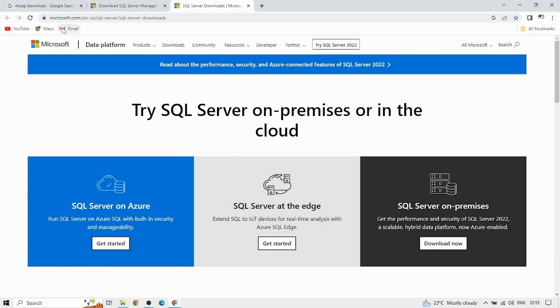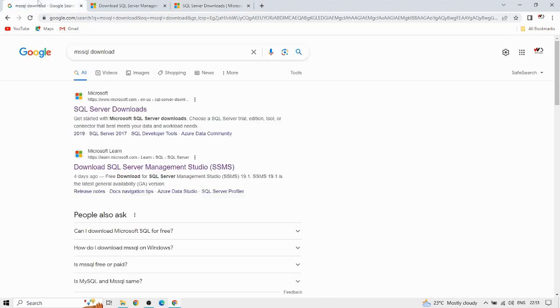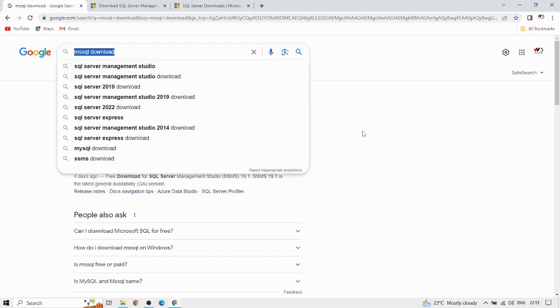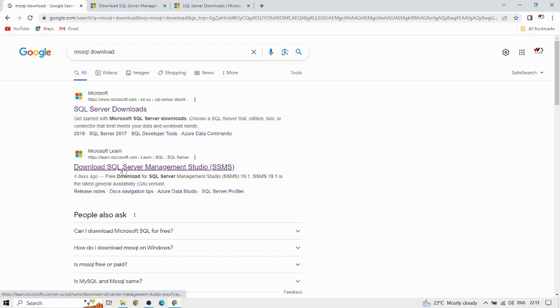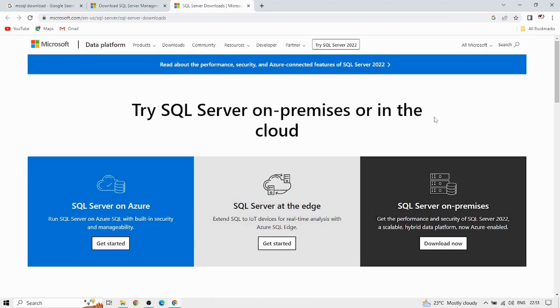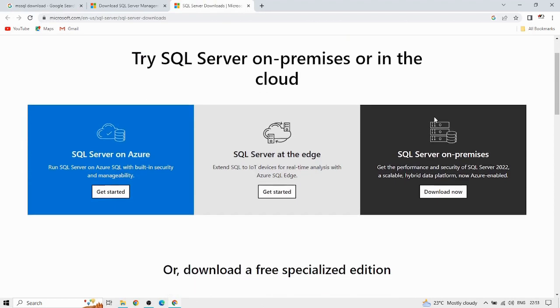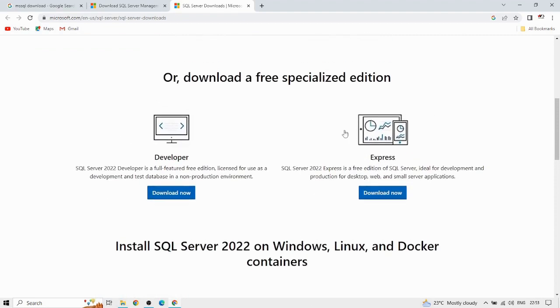We have to go to microsoft.com. First we need to type MS SQL download. In this we have to select the download SQL Server Management Studio. The website will open in this way, and we have to come down. We have to select the Express version, which is only for the development process,